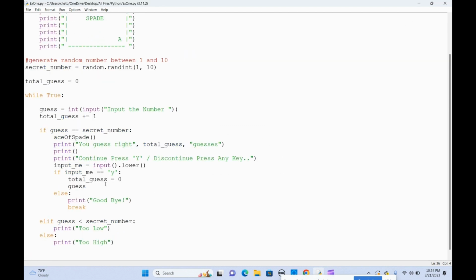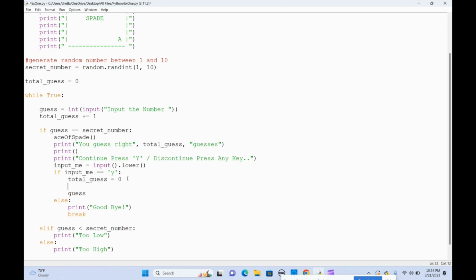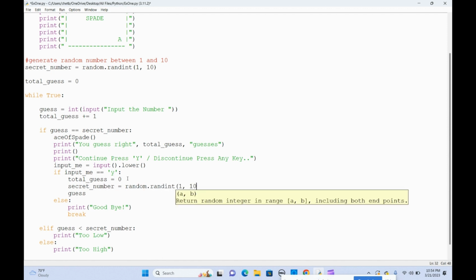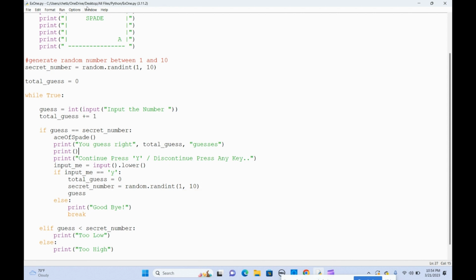So now that's what I was talking about, where we need it now. We need to reassign the secret number here for the random number, right? We are reassigning the secret number variable to random again, that randint from 1 through 10. Okay, now when we save this program and run,